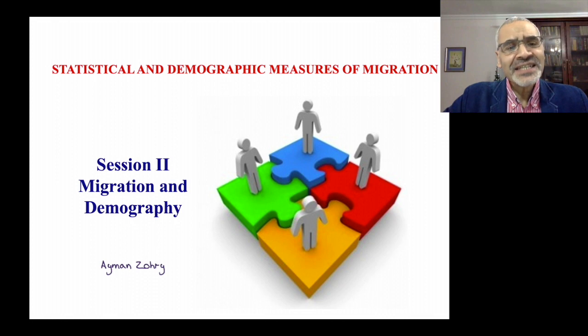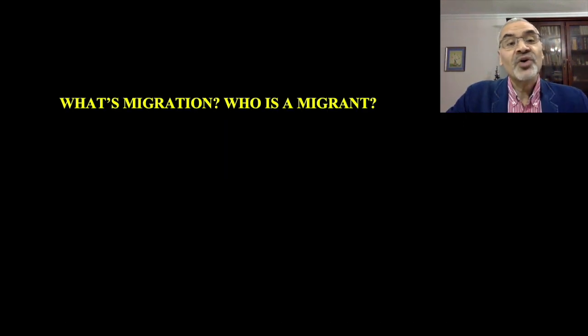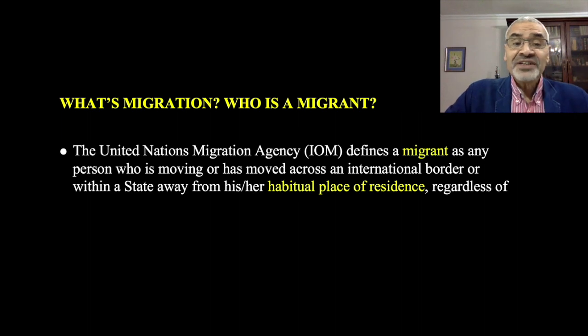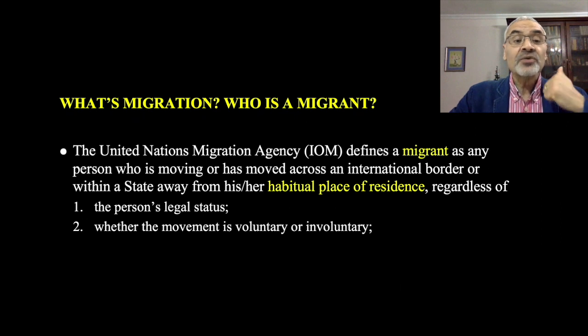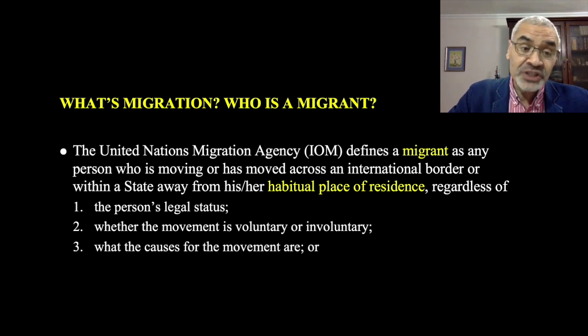Well, the second session will be devoted to migration and demography, the relation between migration and demography, and how we regard migration as demographers. So, the first question that I need to ask myself is, what is migration and who is the migrant? In fact, the United Nations Migration Agency, IOM, defines a migrant as any person who is moving or has moved across an international border or within a state away from his or her habitual place of residence, regardless of what? Regardless of the person's legal status, whether the movement is voluntary or involuntary,